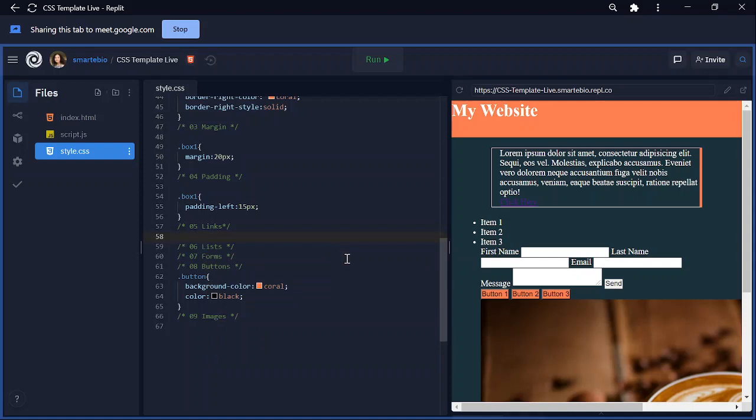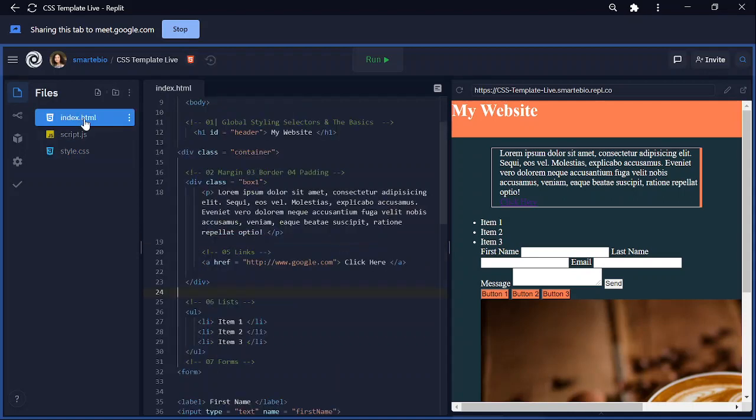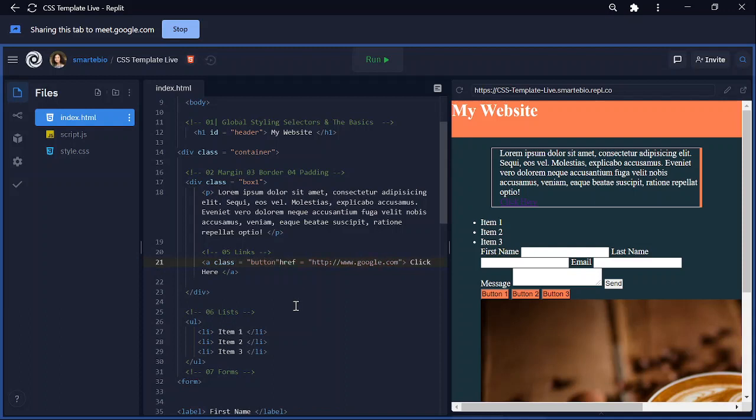Actually, hold on. We don't actually even have to do that. Let's go back to HTML, excuse me. And instead of changing it from CSS and giving it its own style, but the same thing, we could just apply the class of button here. And what that's going to do, it's going to give the same style that a button has to this link